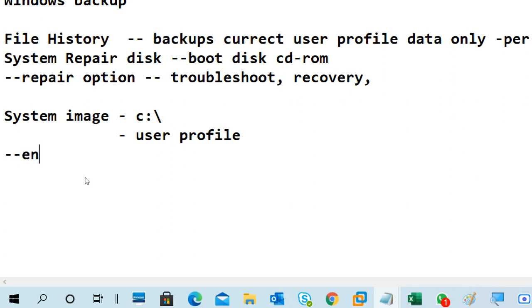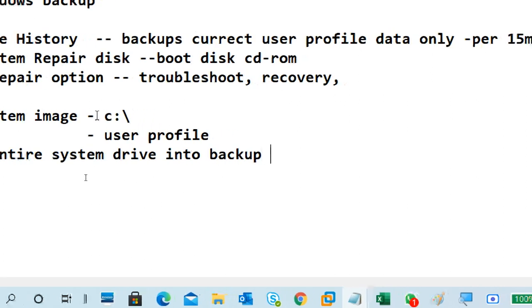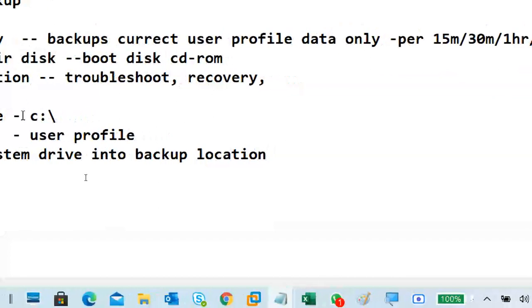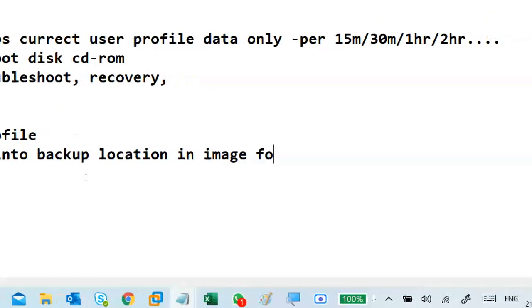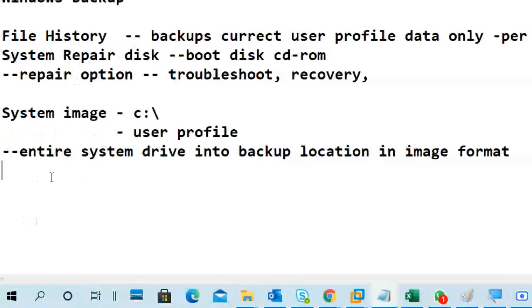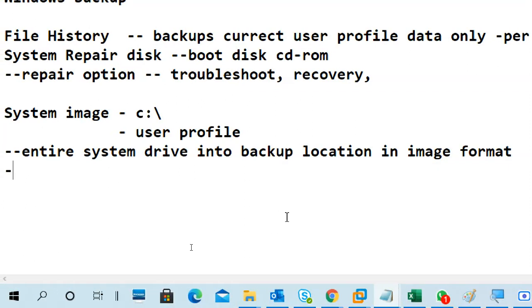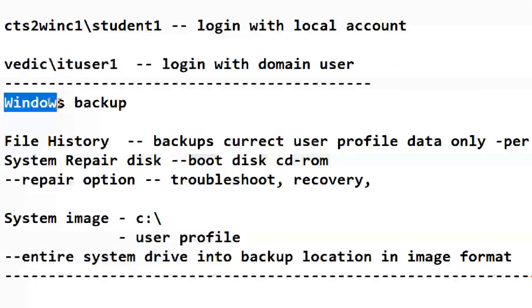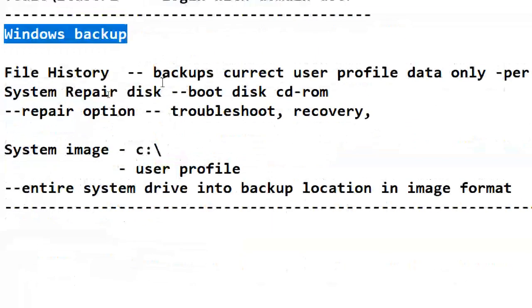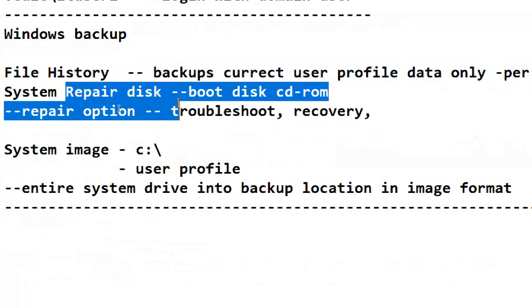It means the entire system drives go into the backup location in an image format. Windows backup. Okay. So file history and repair disk image.